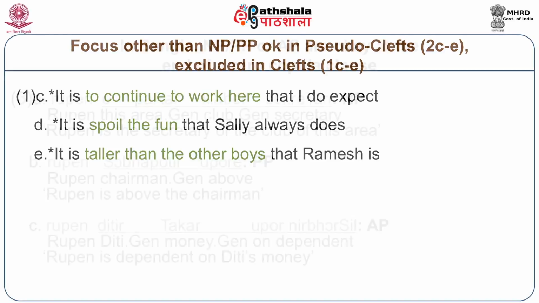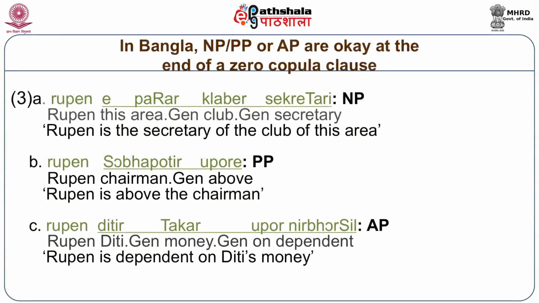If you look hard enough, you find similar effects in Indian languages, though you have to tweak the examples considerably to detect the contrast. And you don't find it across the board. You're not able to show such a neat set of data as English because some of the testing is not possible. You can only show AP, the adjective phrase, patterning differently from NP and PP, noun phrase and postpositional phrase.